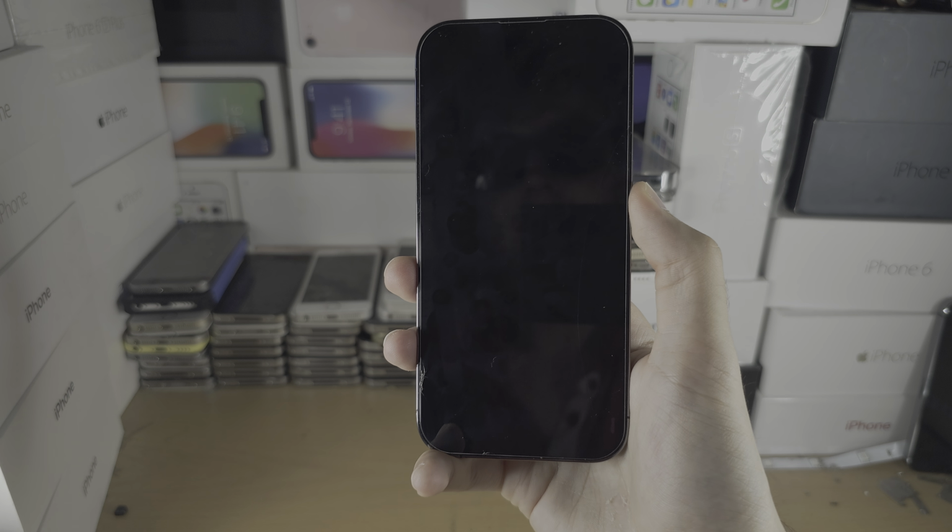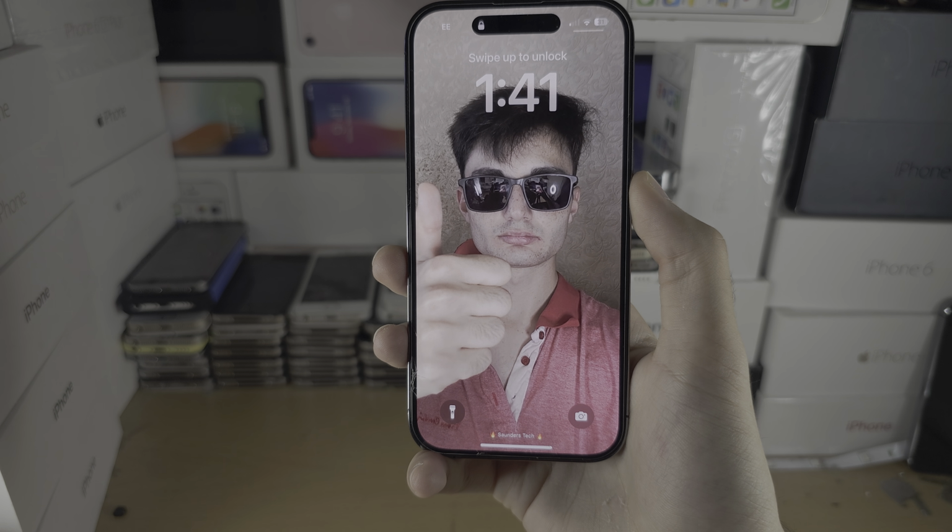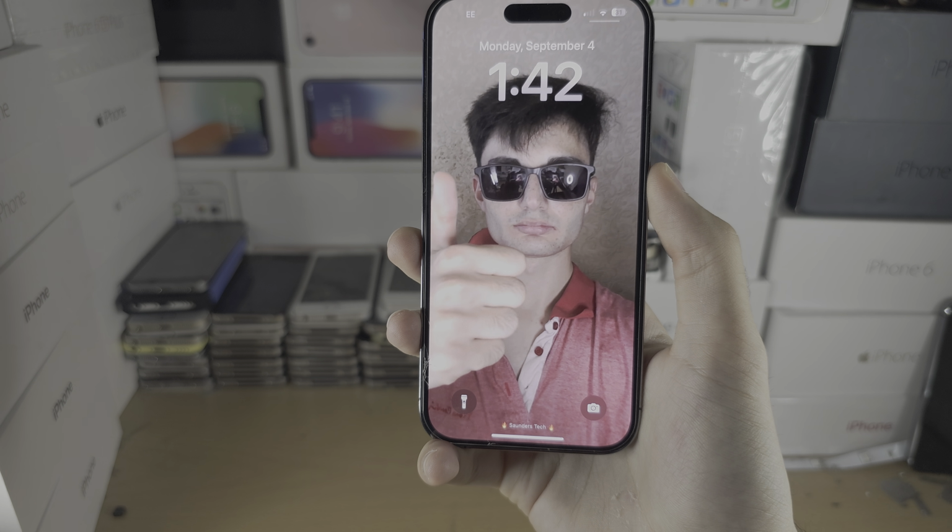And now, when you go to your lock screen, the live video or live photo will automatically play, as you